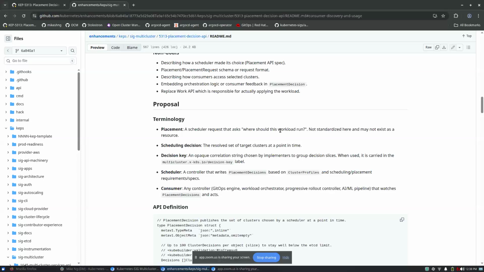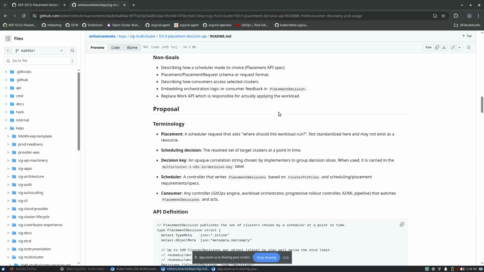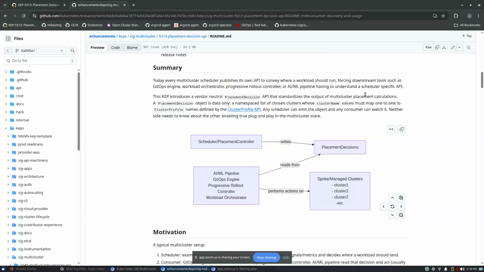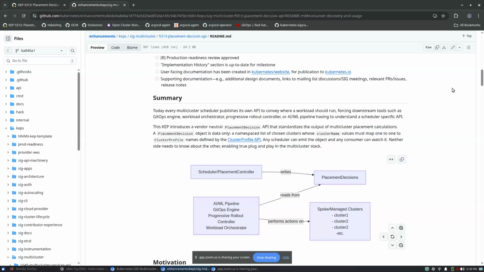Does anyone have any questions or comments? I'm still a little bit confused about what we're hoping to gain from formalizing the placement decision without also formalizing the requests that the decision represents.